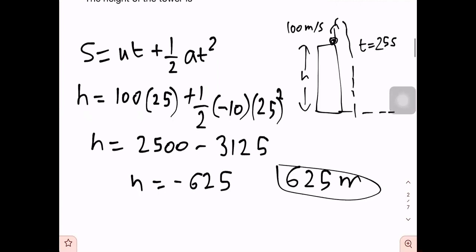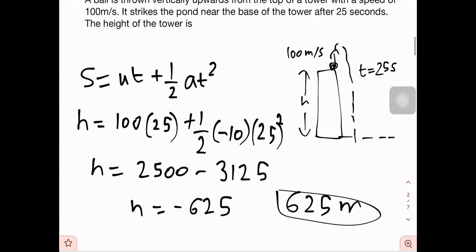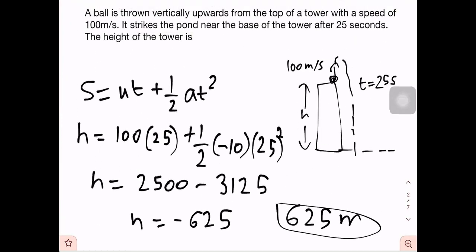So this was the first problem. Then I'm gonna quickly derive the time of flight. The time of flight is just the time that the object is in the air or is in flight. For example, for the last problem, the time of flight was 25 seconds. So time of flight is derived from the formula S equals ut plus half at squared, since it involves distance